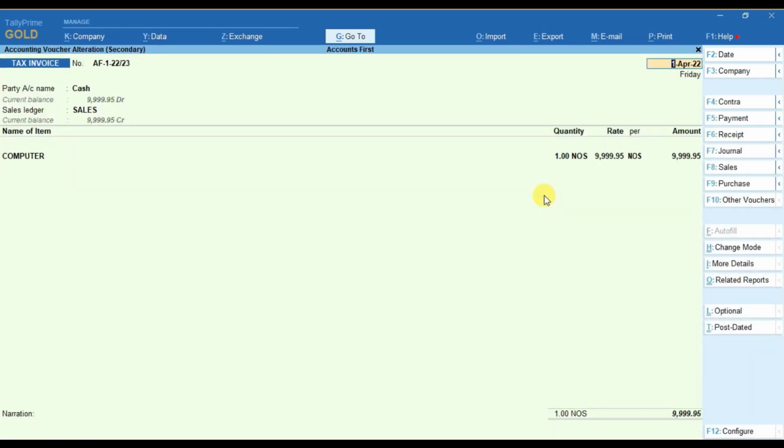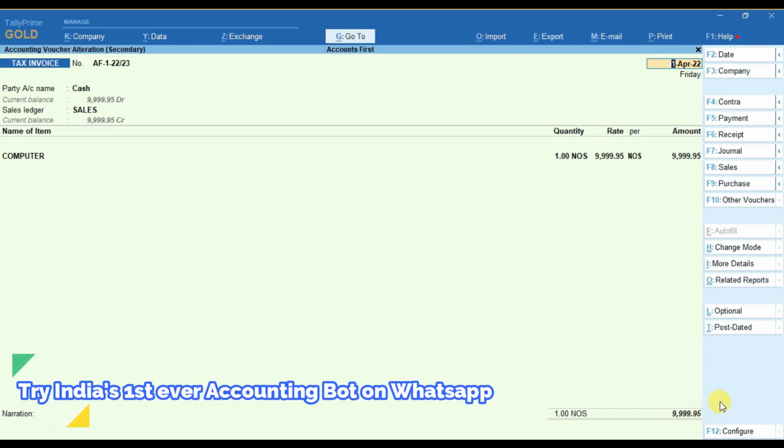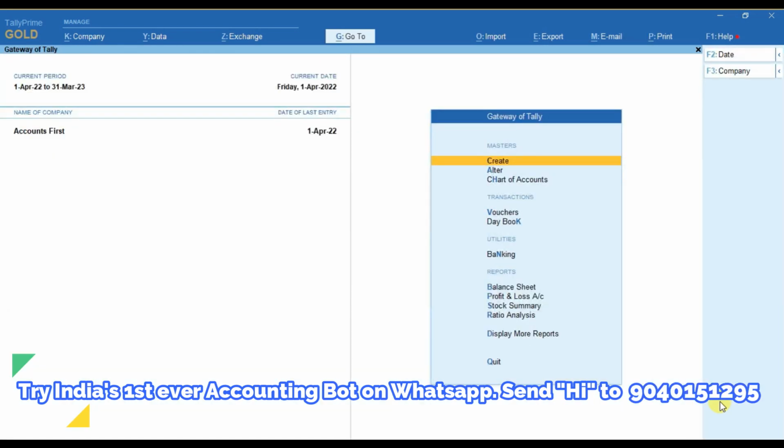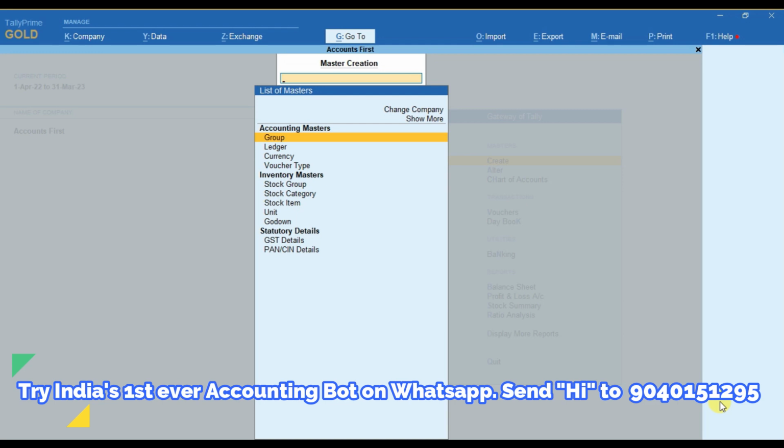In this sales voucher, you can see the total invoice value is 9,999 rupees and 95 paisa. That is, it is not rounded off to the nearest multiple of any digit, that is 1 or 10 or 100, anything. To do so, we have to go to Create from the Gateway of Tally,